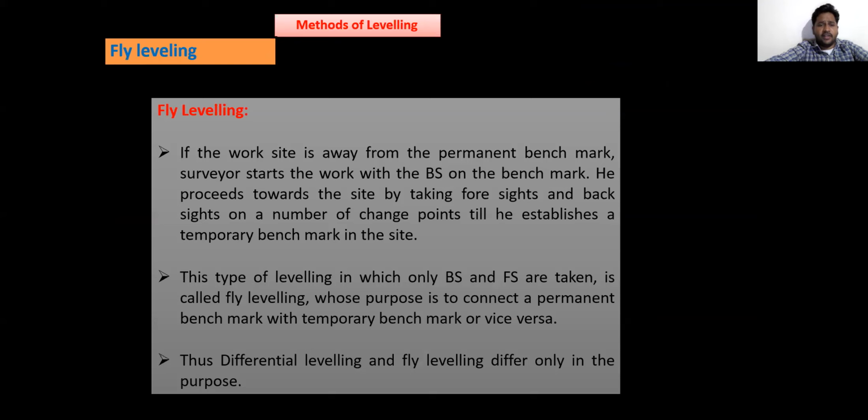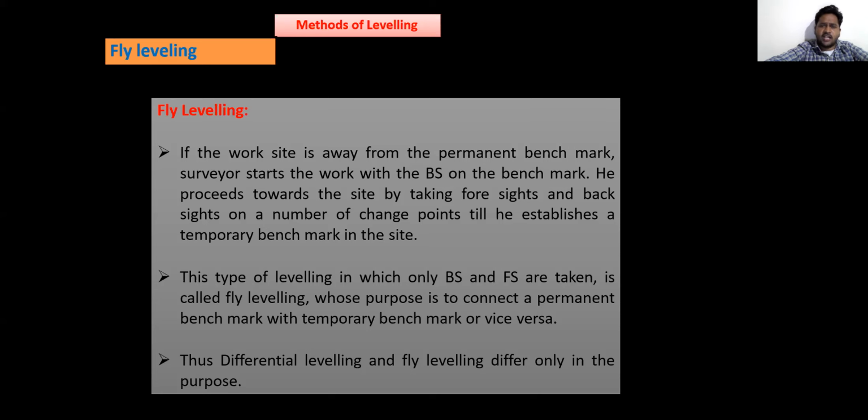Now, fly leveling. What is fly leveling? If the work site is away from the permanent benchmark. We already discussed this permanent benchmark. A permanent benchmark is nothing but railway stations, dams, roads; all these are called permanent benchmarks.